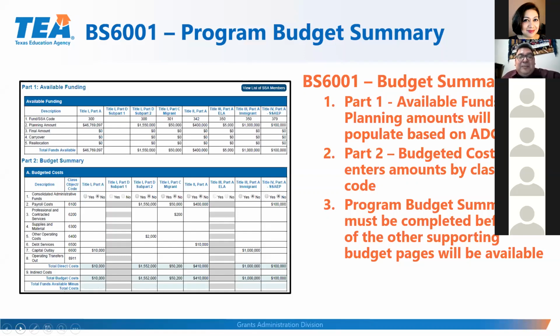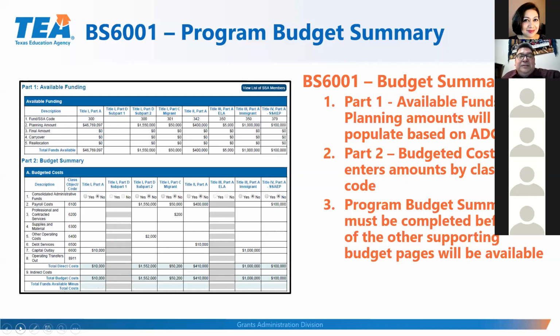This is the amounts that are pre-populating based on how you submitted your ADC. If you're submitting to apply on your own, you'll show your planning amounts. If you're the fiscal agent, it'll show the amounts of your planning amount plus all your SSA members that have designated you as